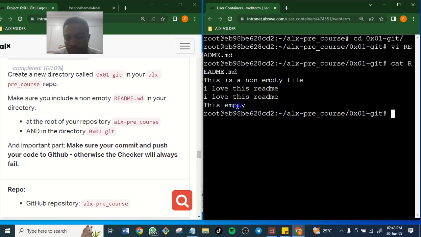This is empty. If I want to correct this, I can go back again and use the same word. Let us quickly deviate a little by correcting this. I wrote this empty instead of saying this is empty. So how do we do that? Just say vi readme.md.